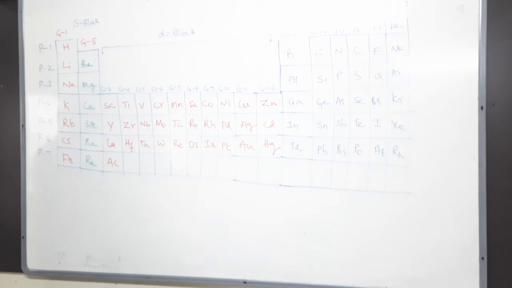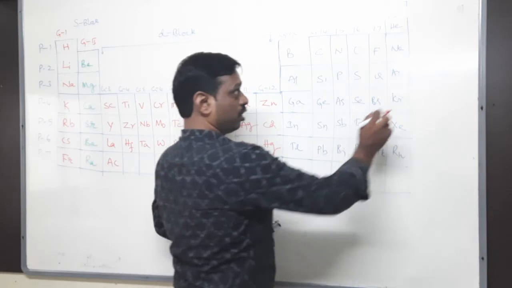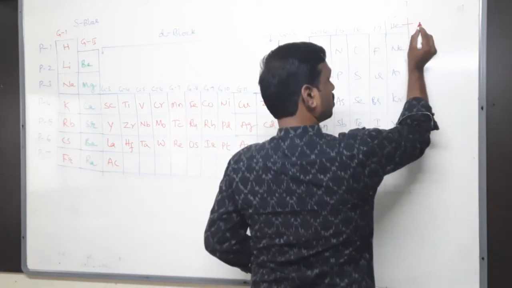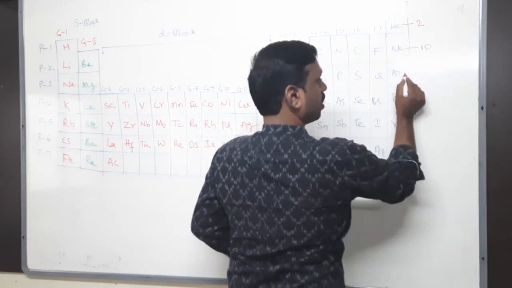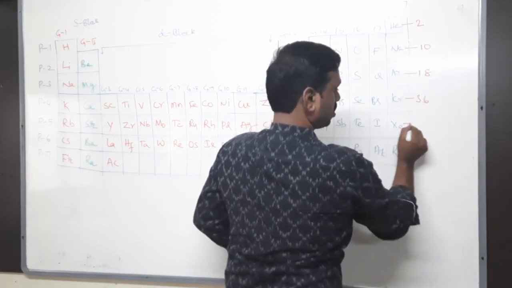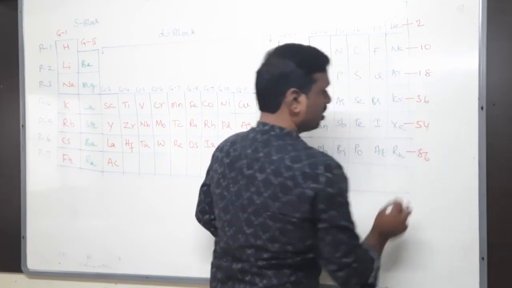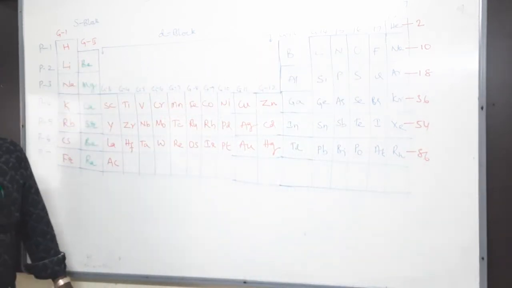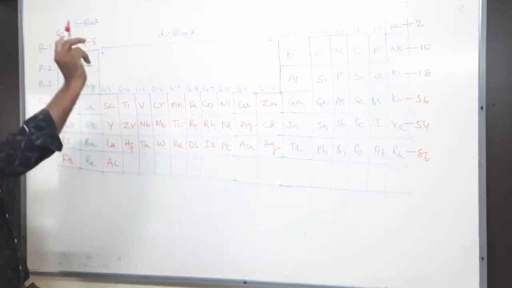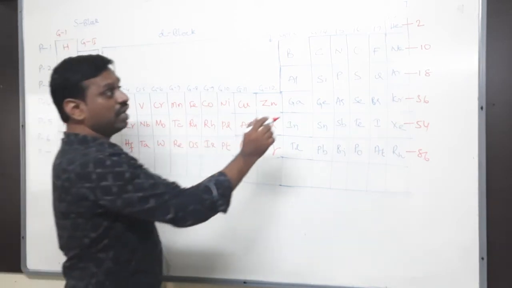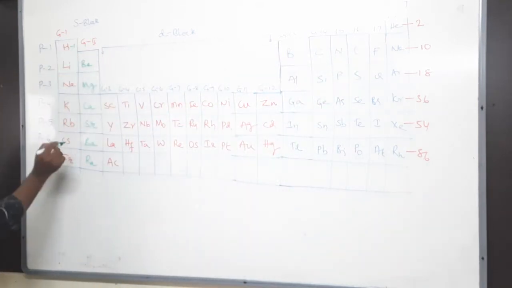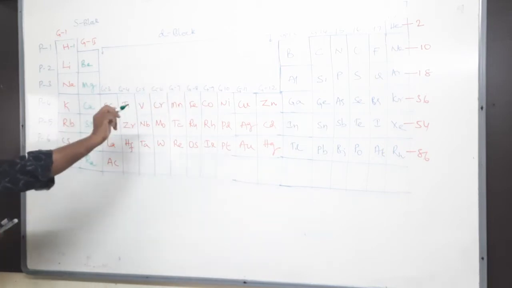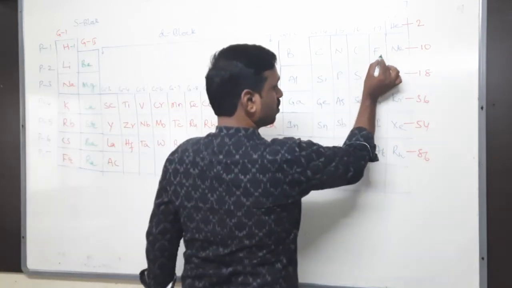Now tell me how to identify or how to remember the atomic numbers. In the last class I told you, you must remember the atomic numbers of noble gases. Atomic number of helium is 2, then 10, 18, 36, 54, 86. So remember the atomic numbers of noble gases, at least. If helium is 2, hydrogen is 1, no? It should be 1. Next, if neon is 10, tell me what about the atomic numbers before it?